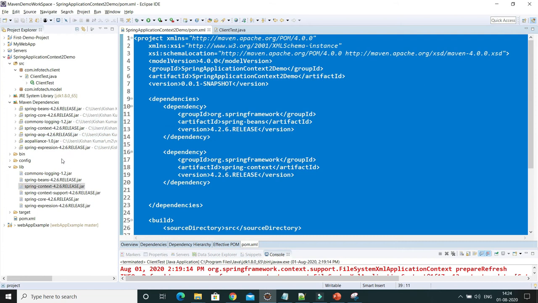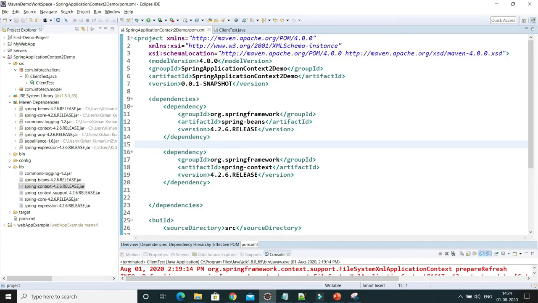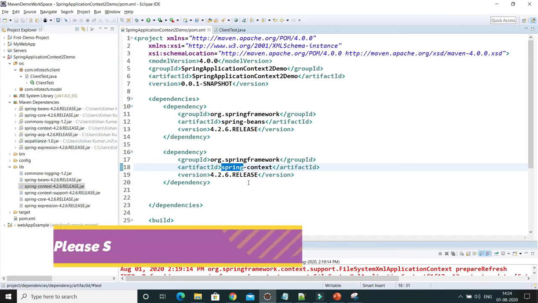When I add the dependency for Spring context, a few more jars appear in the class path, because this one is dependent on some other jars as well. There is some transitive dependency.